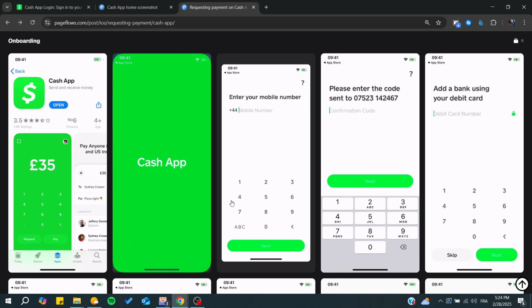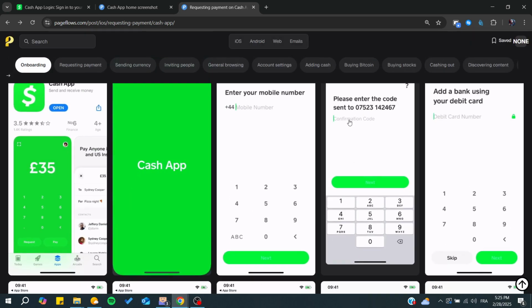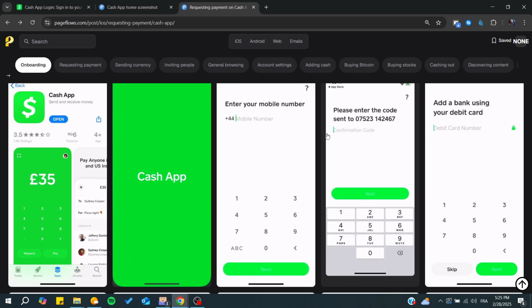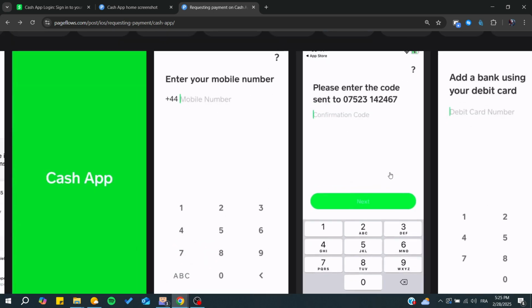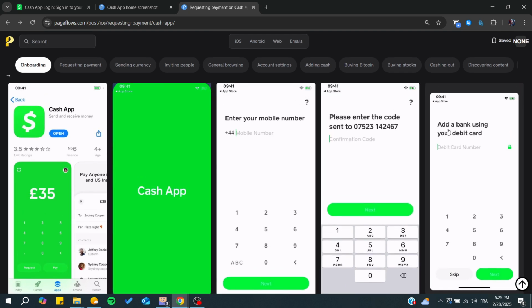So after you enter either your mobile number or email, you will be sent a confirmation code to your mobile number. So basically, after you add in your confirmation code, you will need just to click next, and then you will pass to the